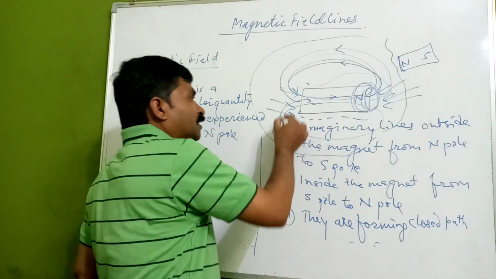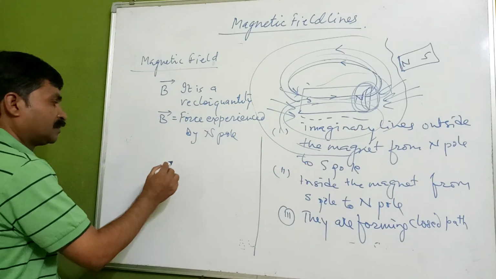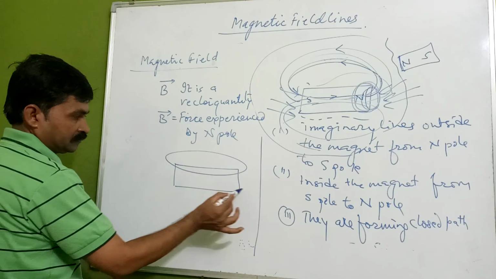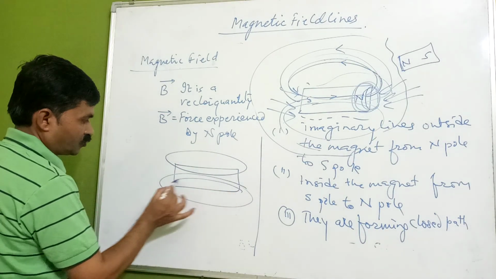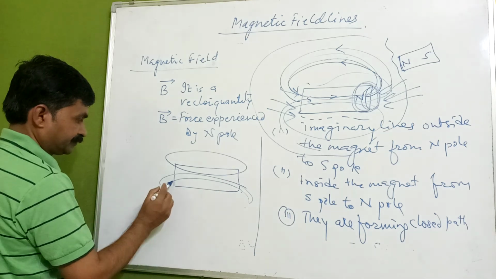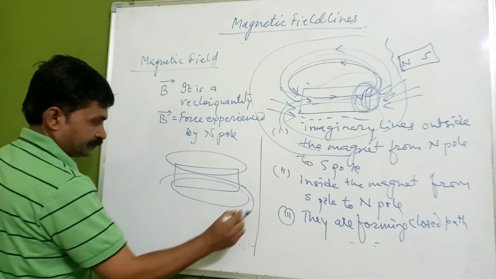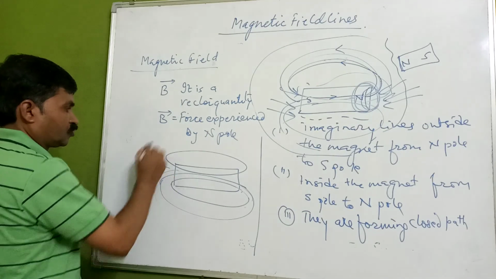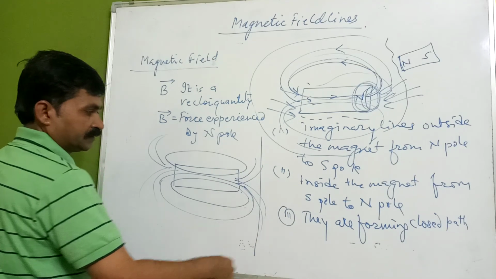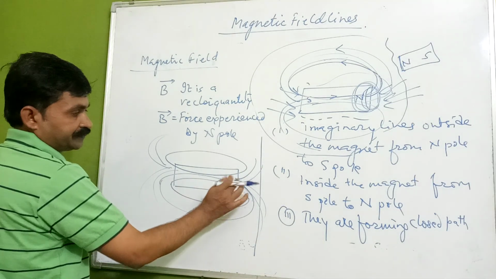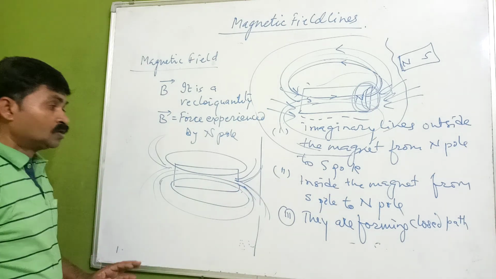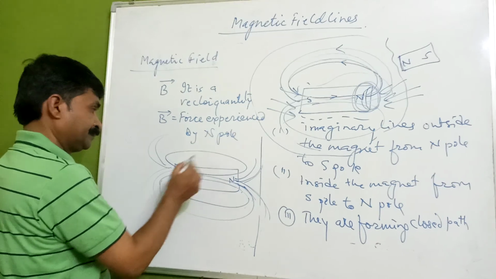They have more concentration here, and if you go through it, what you are observing is just like this. There are so many lines, and they are not crossing each other. So many lines are coming out here and here, and they are not crossing each other. It is like this.